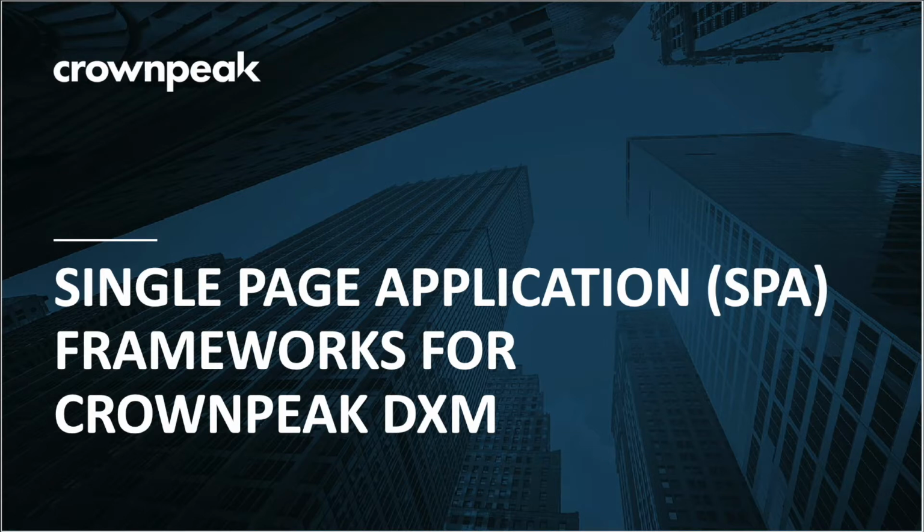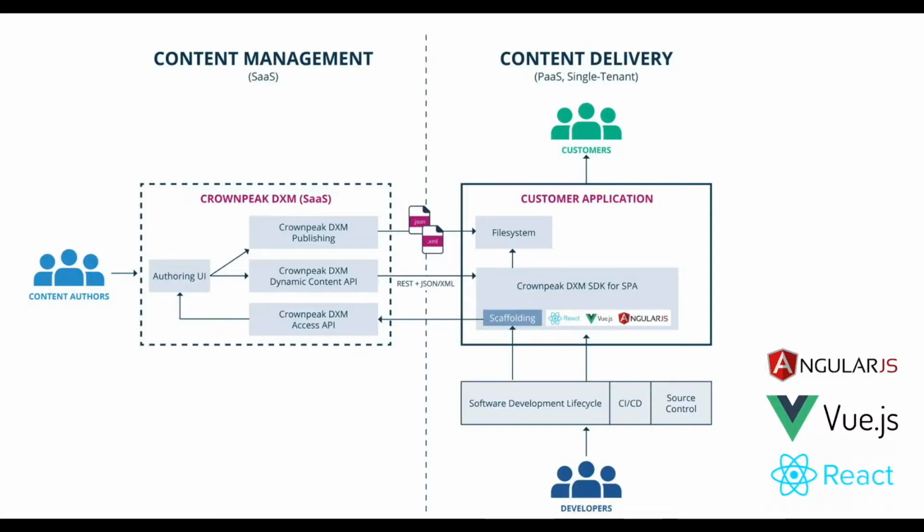developer very, very simple. The diagram I'm showing you on screen right now is a high-level architectural diagram of how the SDKs work. Whether targeting Angular, Vue, or React, they all work in exactly the same way. What they allow you to do is to separate the content authoring experience on the left-hand side of the diagram from the content delivery and application delivery experience that is maintained by your system integrators, your partners, or your internal